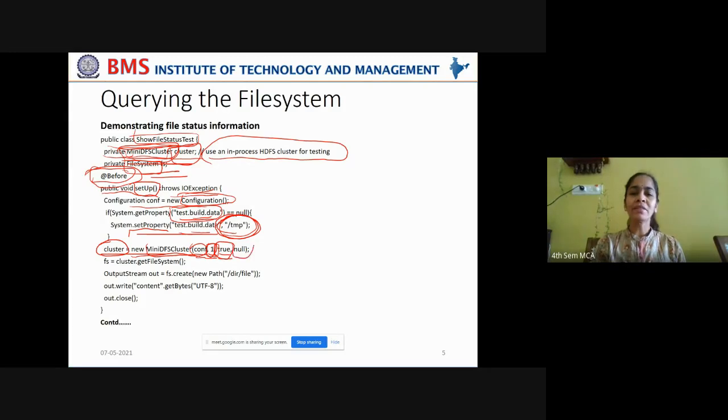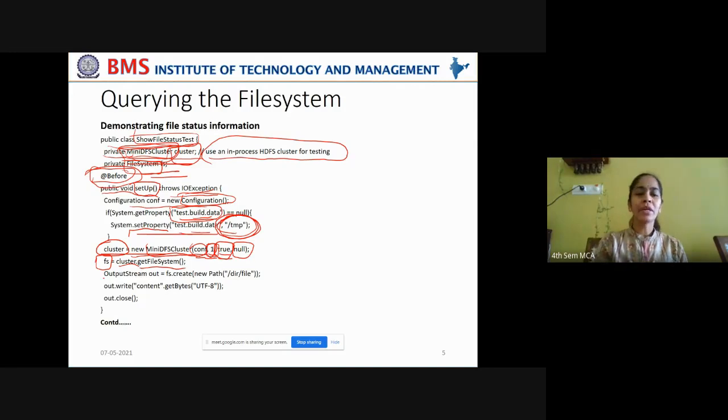And finally, you are assigning a null value. When you assign a null value, those properties will be initially set to null. Now you are using this cluster object and getting the file system instance. You are getting the file system instance on this cluster, and that instance you are passing on to your file system instance. You understood what we are doing? On the cluster, from the data node, you are trying to get the file system instance and connecting it to your local file system instance.